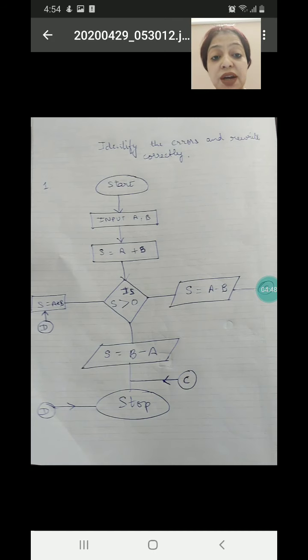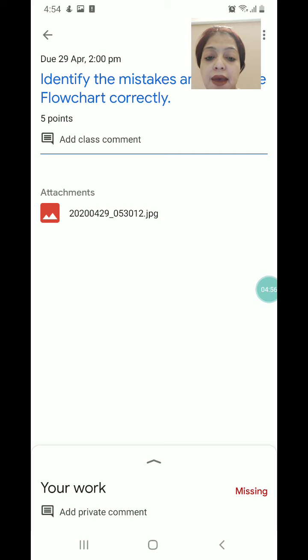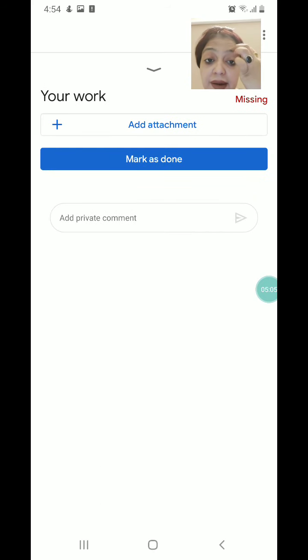If the teacher has not created a different copy for every student, then it's not advisable to edit the document here. You can always just click on the back arrow, go back, and submit your assignment from the attachment button. Just click on this arrow down here and you will see the add attachment button.